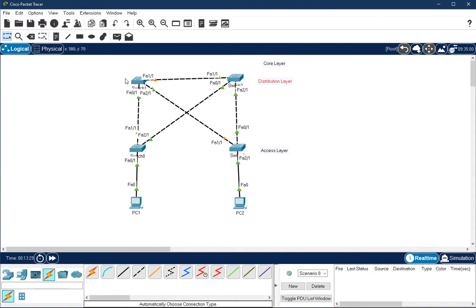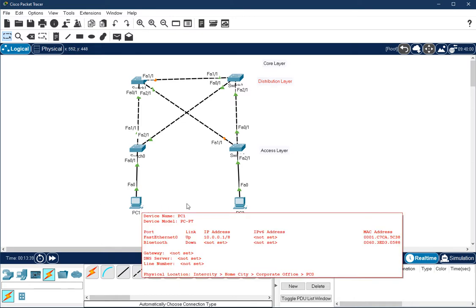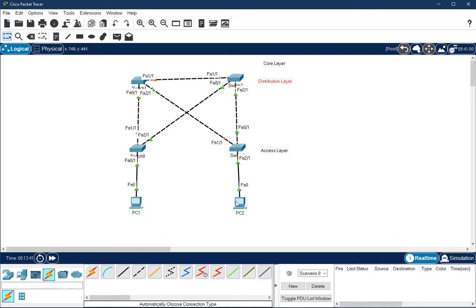Normally we use multi-layer switches at the distribution layer, and layer 2 switches at the access layer. We connect end devices like desktops, servers, printers, and laptops